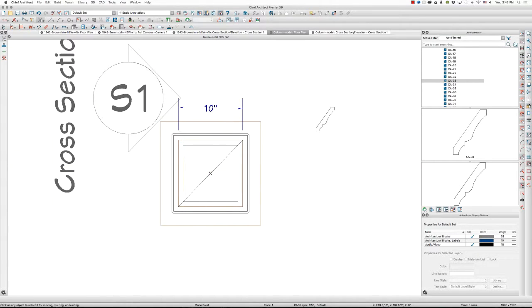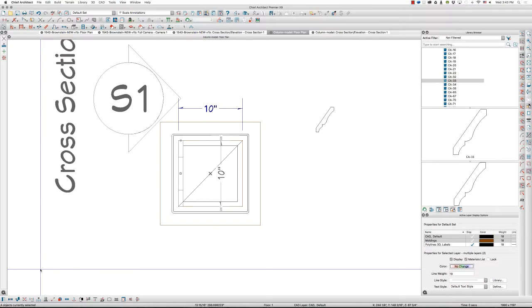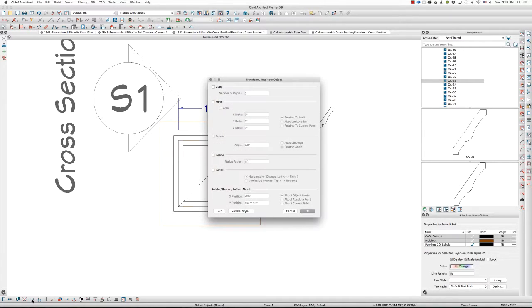Next, I will click on my arrow key to select objects, but I don't want to select all of the objects in here, so I'm going to select just the objects that are contained in the box that I drag here. If I select these objects, you'll notice in the lower left-hand screen I've got 4 objects currently selected. We're going to transform replicate these objects and make 3 copies, one for the other 3 sides. Rotate